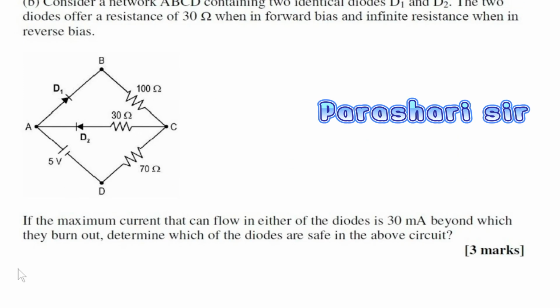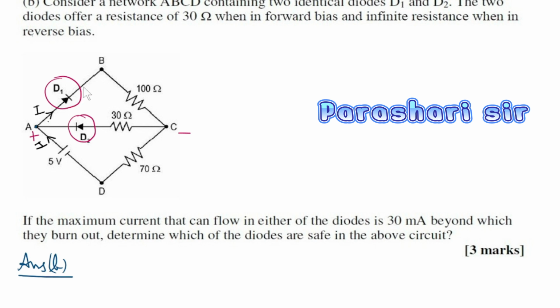Now answer part B. If we look at the circuit diagram, we can easily guess that terminal A is at a higher potential while terminal C is at a lower potential. This will ensure that diode D2 is reverse biased and current will not flow through it. Diode D1 is forward biased and current does flow through it. The direction of current from the battery is I. It will not divide at terminal A because diode D2 is reverse biased, and hence same current I should flow